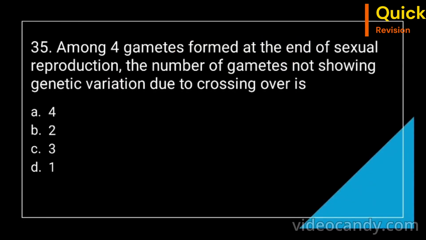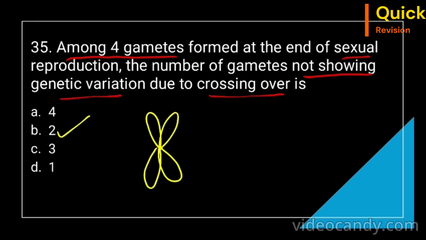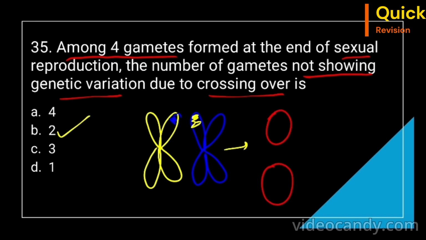35th question. Among 4 gametes formed at the end of sexual reproduction, the number of gametes not showing genetic variation due to crossing over is 4, 2, 3, or 1? The correct answer will be 2, right? If you have a chromosome here, homologous chromosomes, right? Now only 2 of them are undergoing genetic recombination, right? So now what will happen in the end? You get four